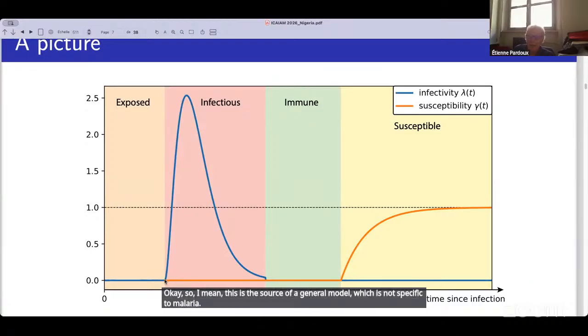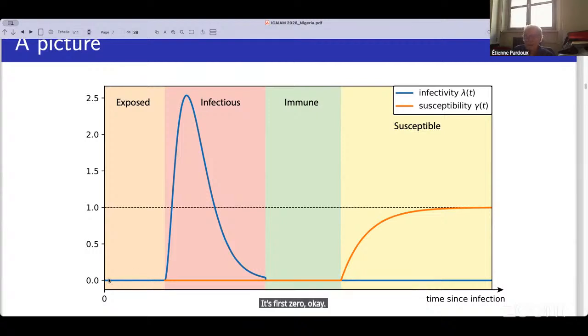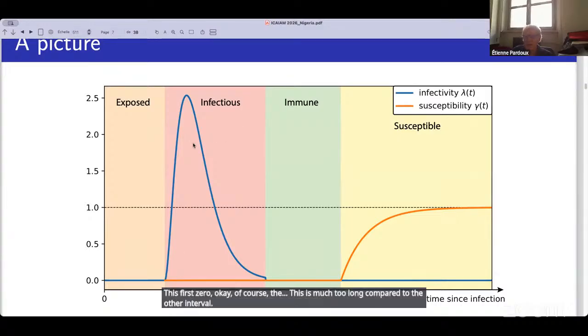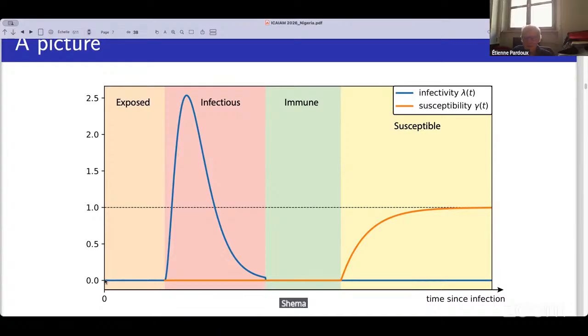I think it is a fact that when you get infected, your infectivity is first zero. Of course, this is much too long compared to the other interval. It's just a very rough schematic, and this period should be much shorter. But there is the exposed period, and then